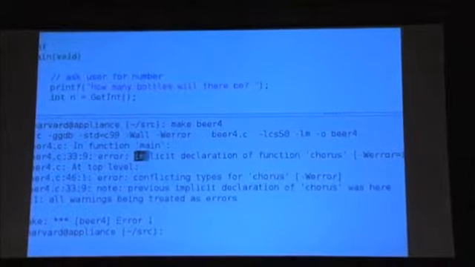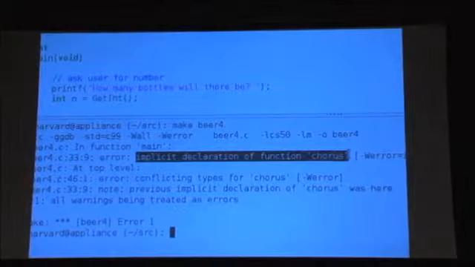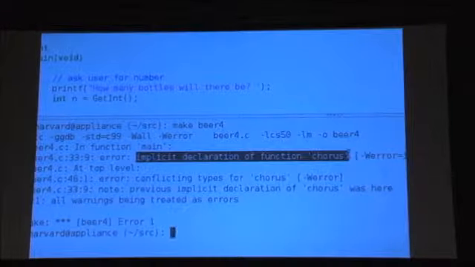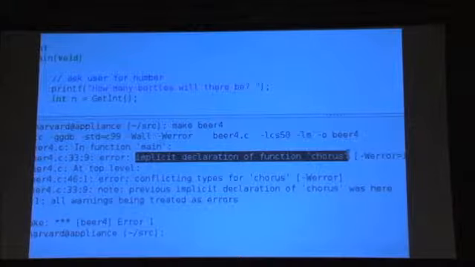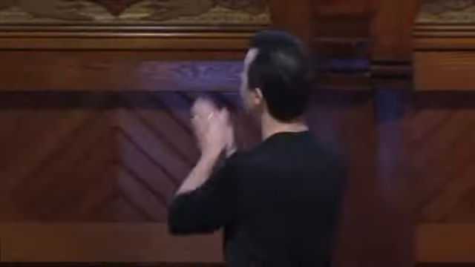And this is the most telling line. And you might have seen this yourself over time. Implicit declaration of function, in this case chorus. Has anyone seen a similarly sounding message? Do you remember what the solution was the past week? Include the header file, right? If you've ever seen this message thus far, or you see this message in the future, implicit declaration of function just means you used a function, in this case chorus, but you didn't tell the compiler what it looks like, what its return value is, so to speak, and what its input is.